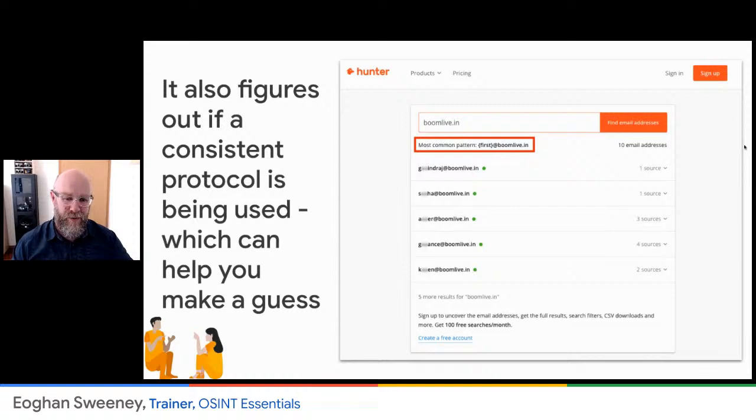But it also tries to figure out whether there's a regular protocol for creating email addresses. Many of you will know when you went to work somewhere, you were told, this is your email address for our company. It's your first name, dot, your last name, and the name of the company. So many companies and many online services try to have a regular, consistent protocol. So in this case, you'll see it says the most common pattern is